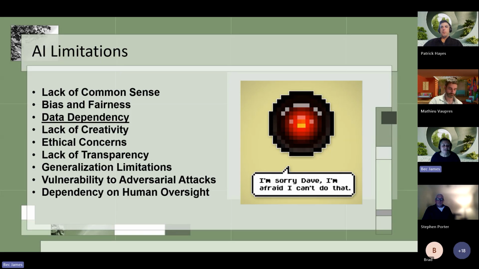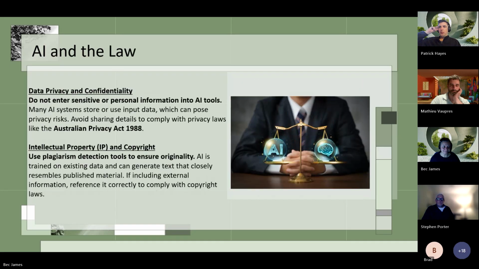And then finally, it always is going to require human oversight. Don't ever just cut and paste something out of a chat box and hit send or make that your final report. We are in control here, and it's up to us as the humans in this relationship to make sure that the information that we're presenting is representative of what we need and what we mean.